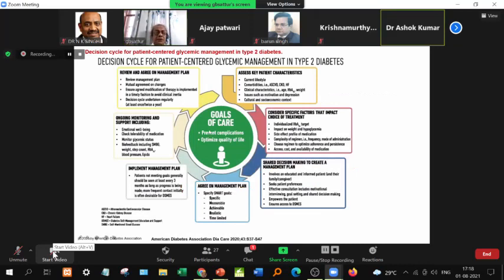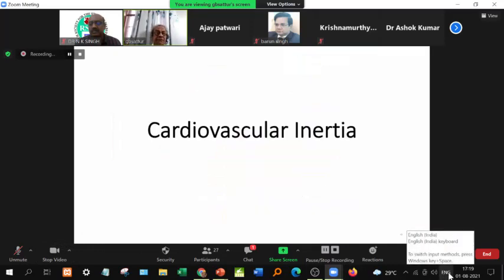So when we come to the goals of care, we want to prevent complications and we want to optimize quality of care. I don't want to go into this very busy slide. Just look at the HbA1c, look at impact on weight, hypoglycemia, and make a shared decision. I think the word shared decision is going to be extremely important in the future to come. And beyond glycemic level, we must think of atherosclerotic cardiovascular disease and the kidney disease that Dr. Malpani just talked of. We also have to support the ongoing monitoring system, mainly with CGM.